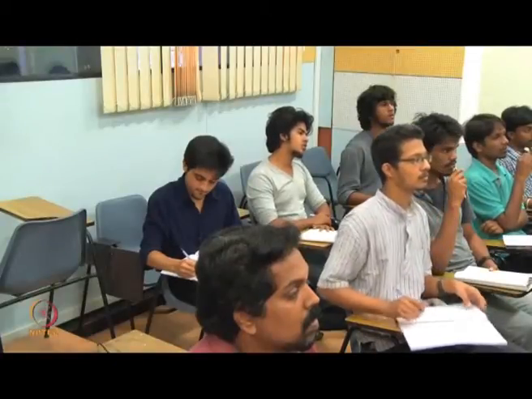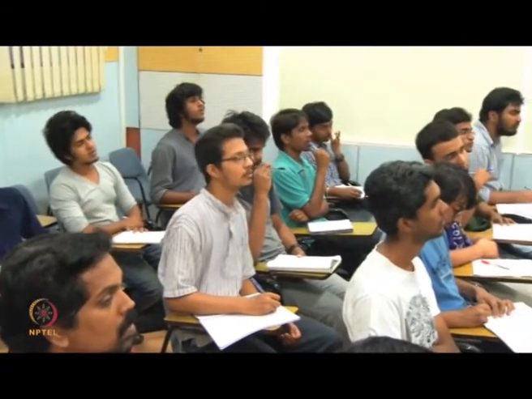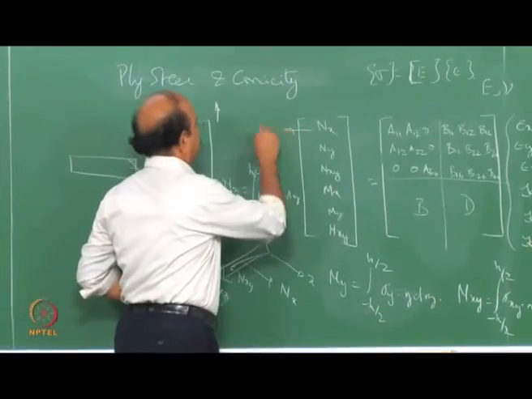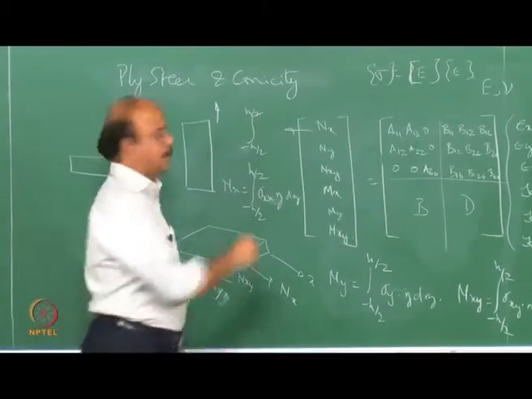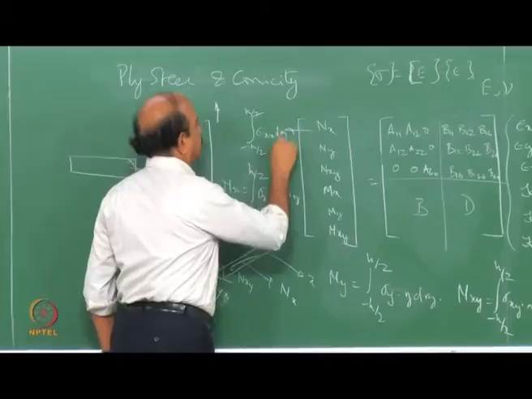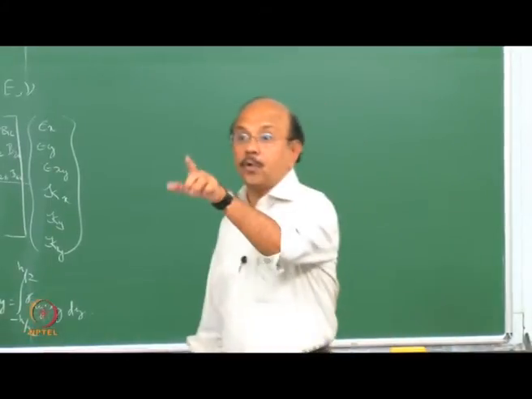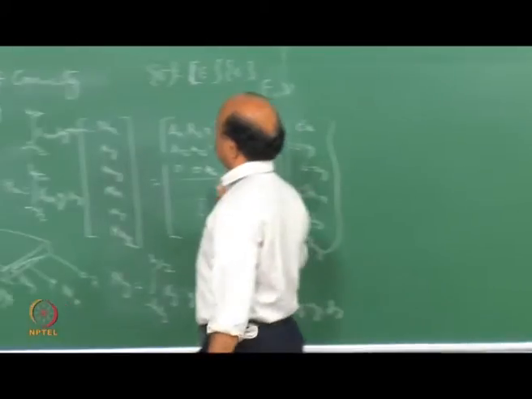Just integrate from minus h by 2 to h by 2, the same thing. If mx is like this, nx is like that. Clear? Okay. So note the difference in the way a plate equation is written